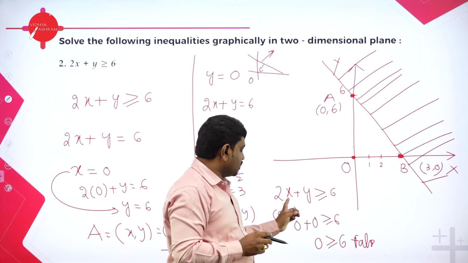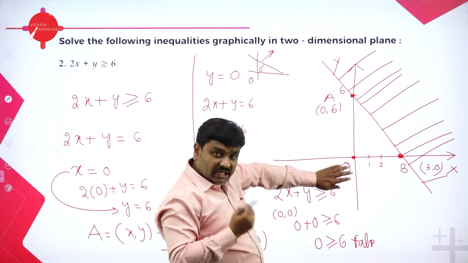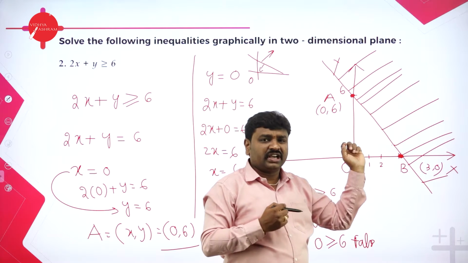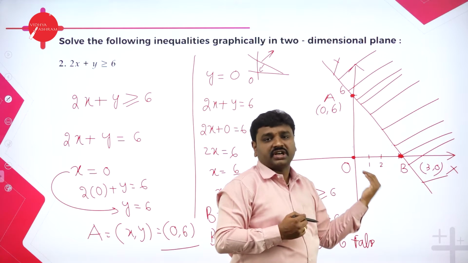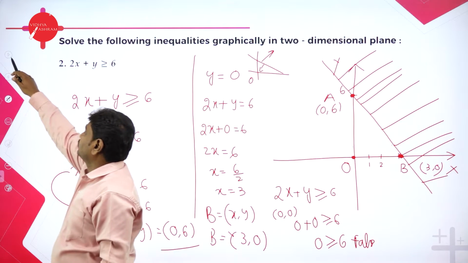When I put 0, 0 in the place of x, y, I got a false statement. Because it is false, origin is not in our region. So from the line, don't go towards origin, go away. Generally, greater means shade above, lesser means shade below, but this is the real method. Next,